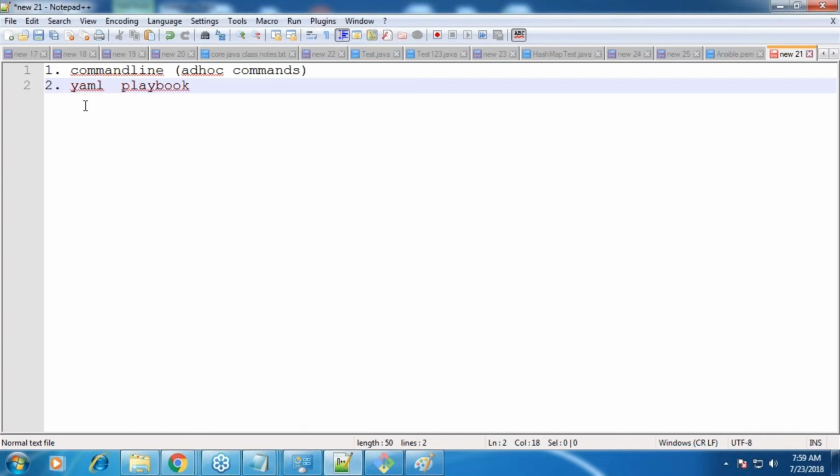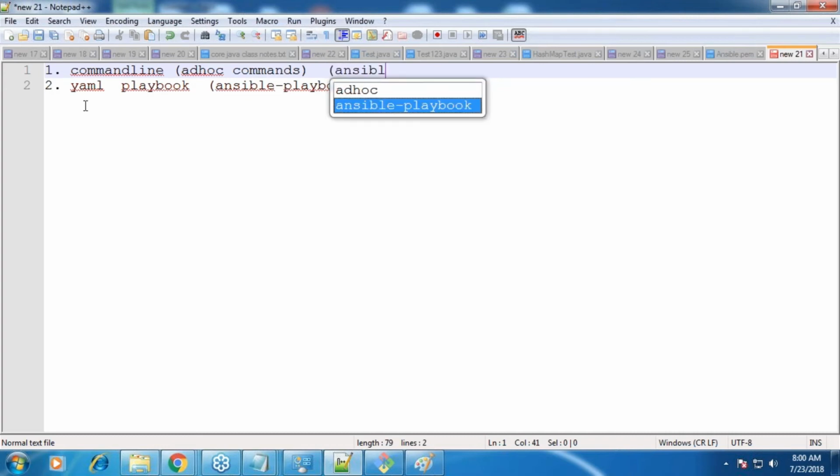And for these two different things, we will have two different commands. So for a playbook, we have a command which is called ansible-playbook. For ad hoc commands, the command line which you would be using is ansible. Simple. So these are two different ways, right?